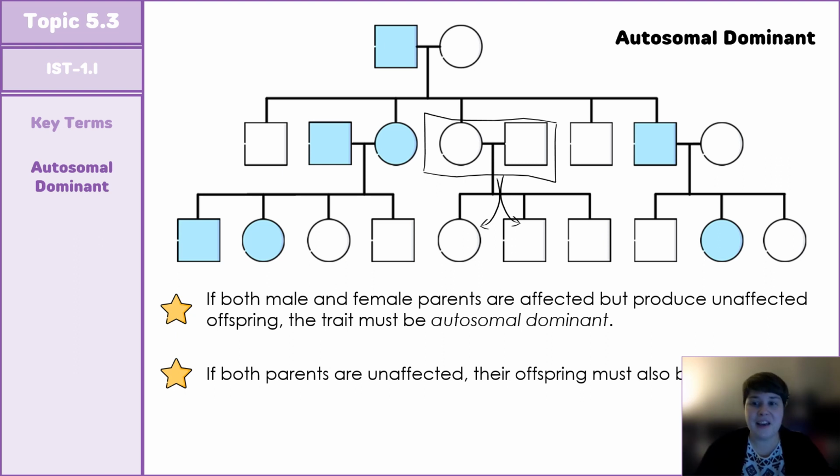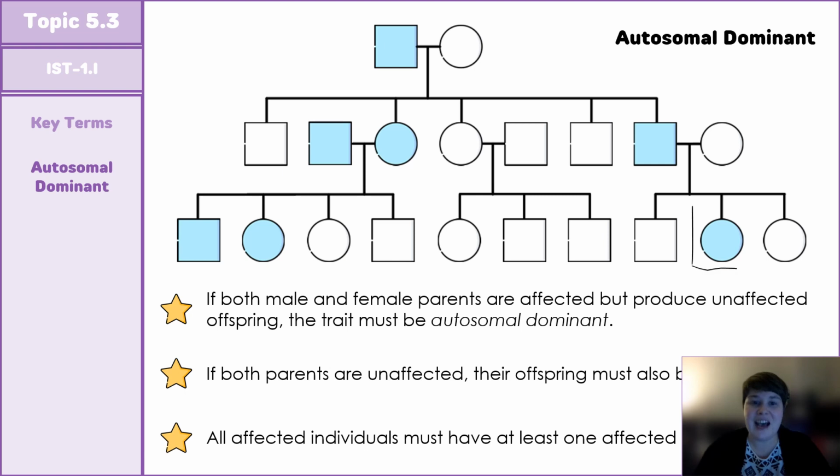Finally, if we have an affected individual, they need to have at least one affected parent. So in order for them to inherit that dominant character, they have to have got it from at least one of their parents, who will also display that dominant character. So these are three items to keep in mind in order for us to identify an autosomal dominant inheritance pattern